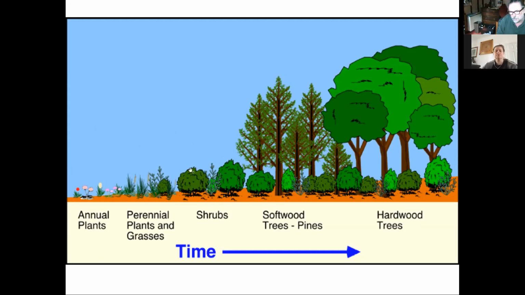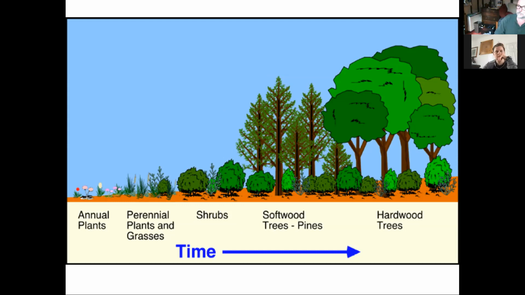So there's much more biomass here. There's much more interactions going on. There's more energy being trapped, more photosynthesis going on. So perhaps if we model our farming systems more, if we looked slightly further down the succession, this middle part, we might be able to produce a lot more from the same space.